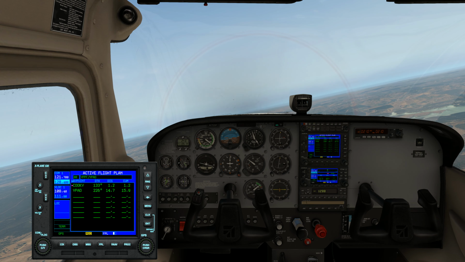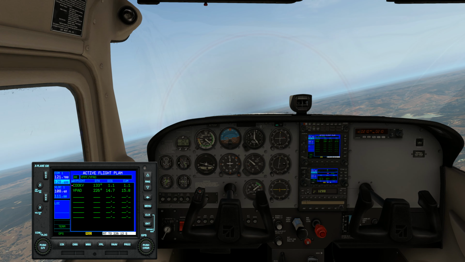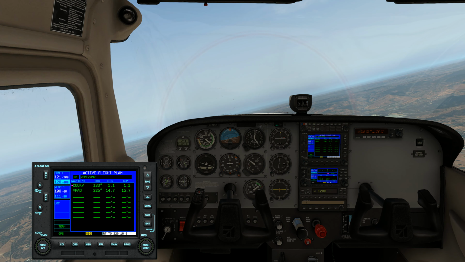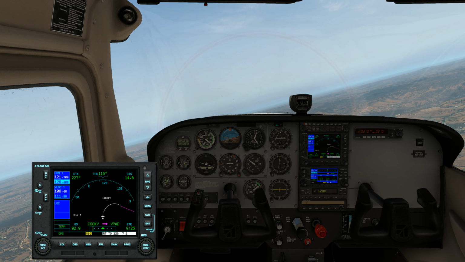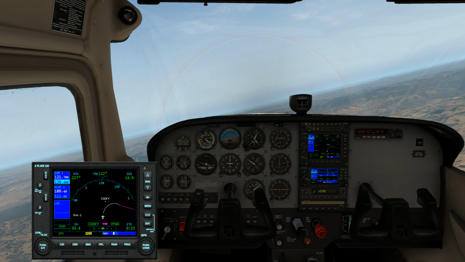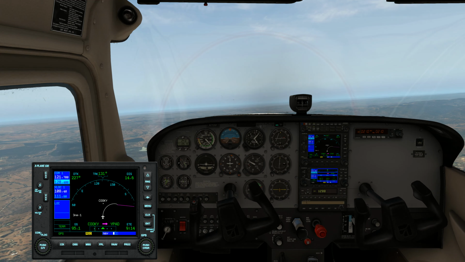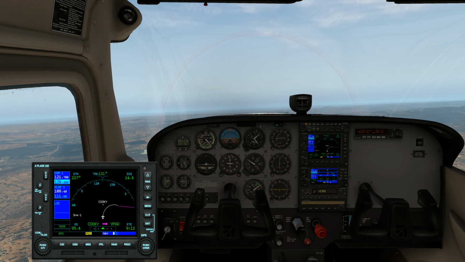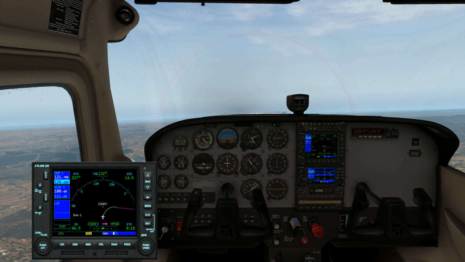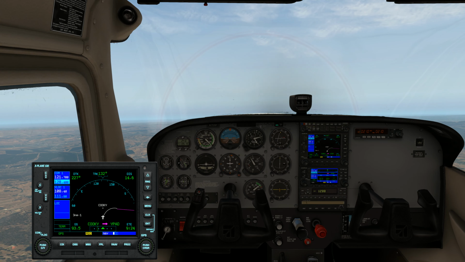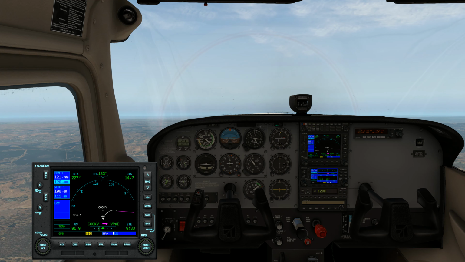Even if you're flying around Australia, say you're being controlled by Melbourne Centre, which is quite common in the real world or in X-Plane 11, they have allocated areas. So as you go from one area to another within Melbourne Centre, you'll get passed to different controllers and you'll be changing frequencies. We can have a look at that maybe next week as well. We'll have a look at getting the whole package working, moving frequencies and controlling our flight path by using the